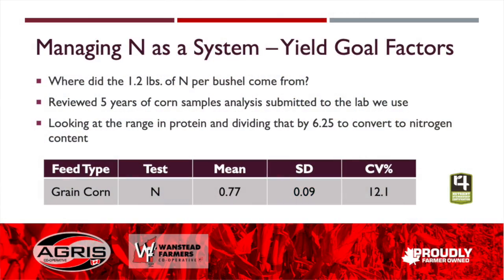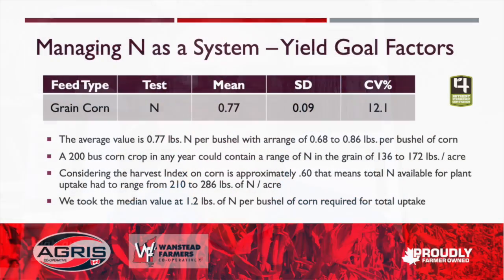Well, I looked at the lab analysis for the last 5 years for grain corn and divided the protein by 6.25 to get an N factor. And that's about 0.77 pounds N per bushel on average, with a range of plus or minus 0.09. So let's dig a little deeper into that. If I look at that range, it means that nitrogen content per bushel ranges from 0.68 to 0.86 pounds